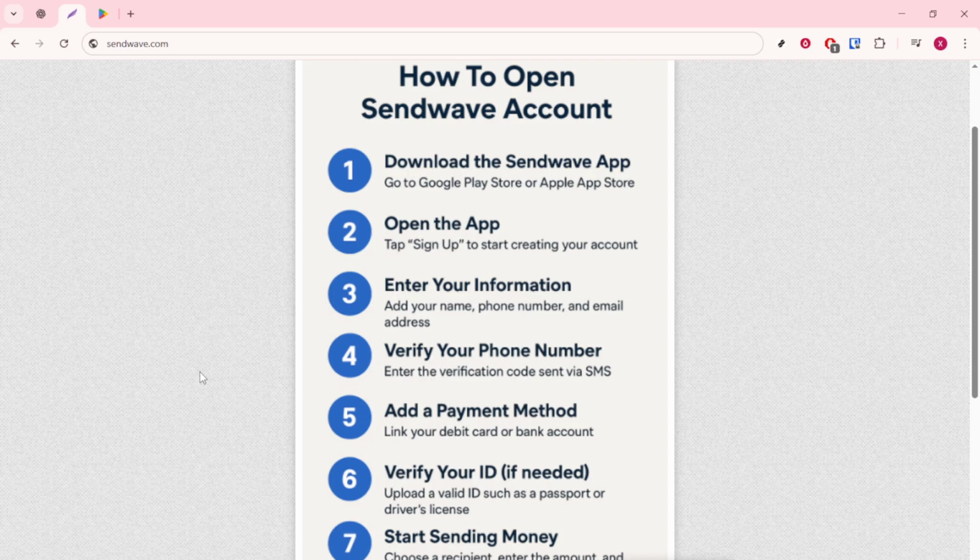After that, add a payment method. Depending on your region, you can link a card or a bank account. Enter the details carefully and confirm the billing address matches your account profile. Sometimes a small temporary authorization may appear to confirm the card is valid. This usually clears automatically. Before you proceed, review any fees and exchange rates the app displays so you know the